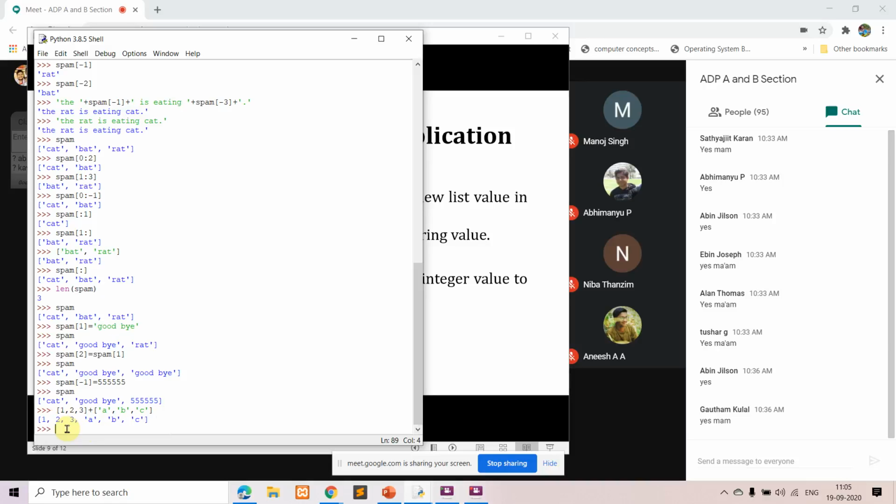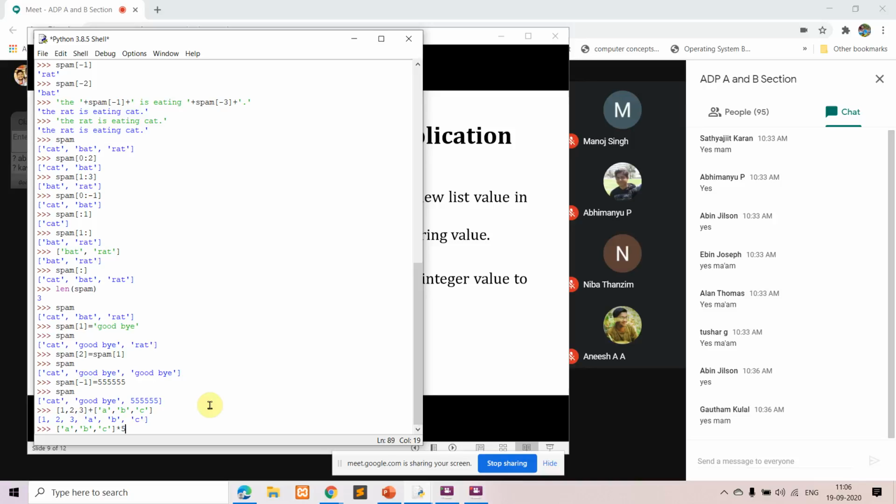Similarly, you can go for the replication. For the replication we are using the star operator. So we can write like this. We'll have a list, and in the list we'll have the values a, b and c, and we'll use the replication operator.